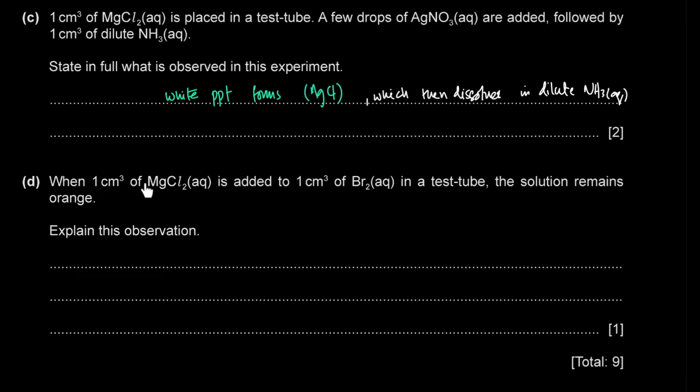When 1 centimeter cube of magnesium chloride is added to 1 centimeter cube of aqueous bromine in a test tube, the solution remains orange. Explain this observation. So over here we have no reaction taking place. The solution remains orange means that the bromine doesn't react. Now we should know that